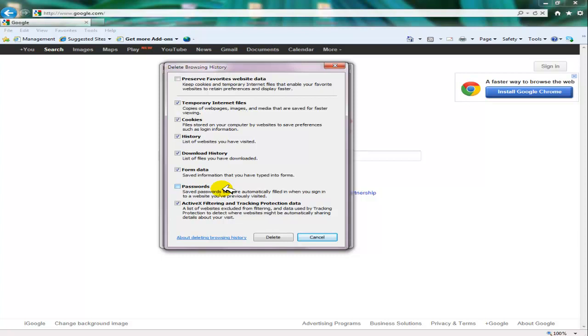You can select it and it will be saved. And if you want to remove all your passwords, then you would select or unselect this, whichever one you want. And then the filter tracking protection, listed websites including from filters and data used by tracking protection to detect where websites might be automatically sharing details about your visitors.